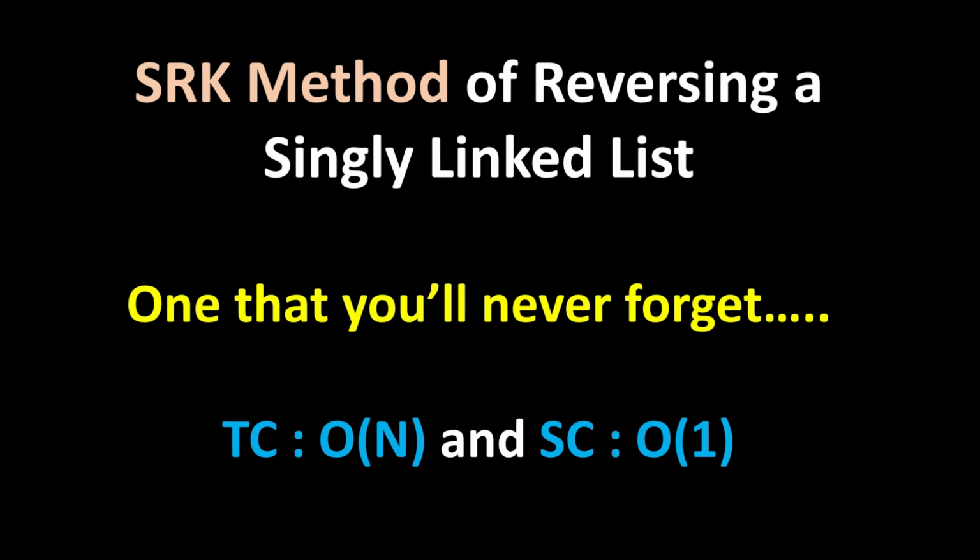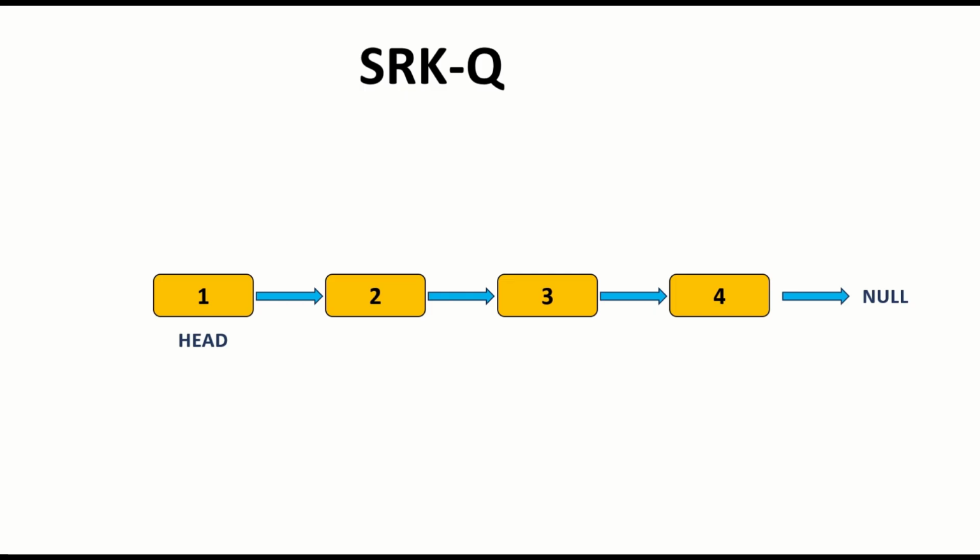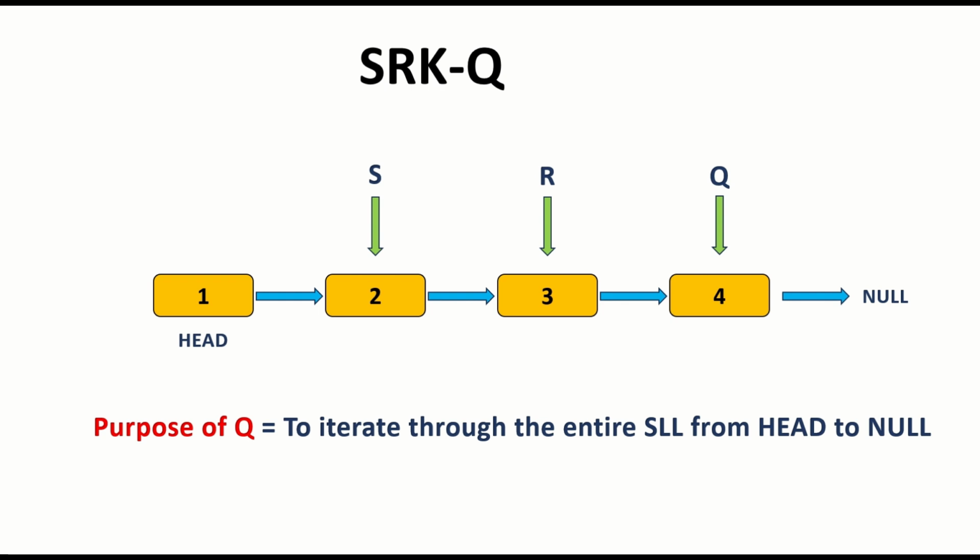So let's get started. Let's quickly try to understand this algorithm and why we are calling it SRK, or rather SRQ. Here we'll be using three pointers S, R and Q to reverse this entire linked list, and the variable K will also be used in later variations which we'll see in the coming slides. At any point of time, we'll have three pointers. The first pointer is S, which is following R, which is following Q. The purpose of Q is to simply iterate through the entire linked list starting from the head node until